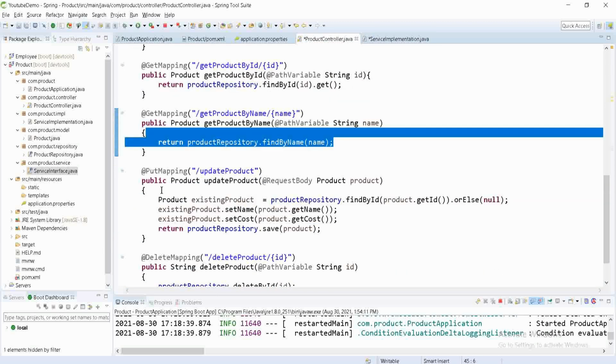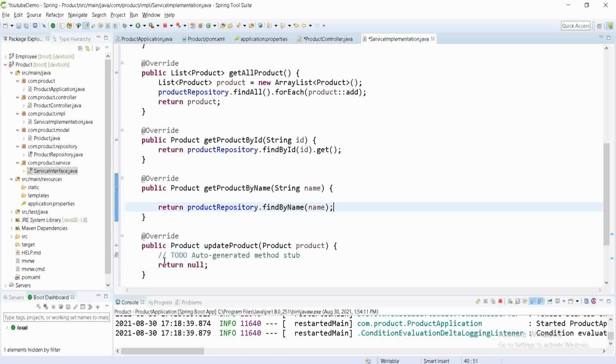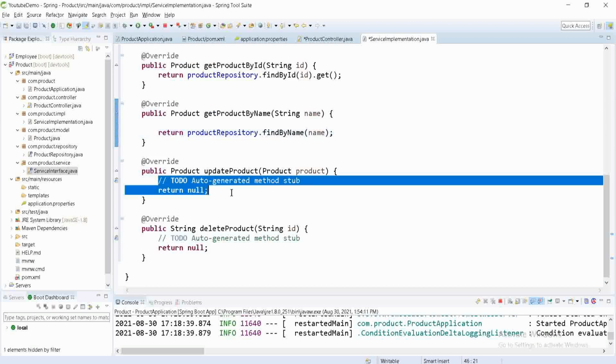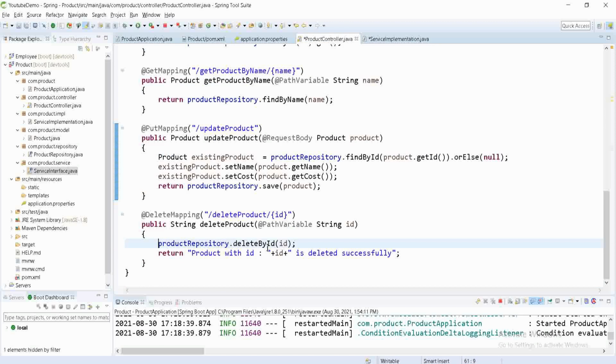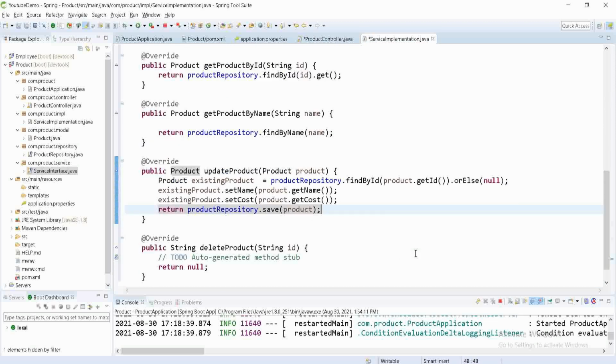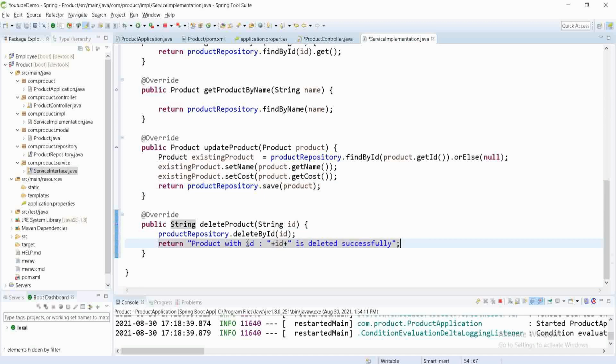We are not doing any complex thing, we are just copying our business logic into the service layer. So here all the business logic we have copied into the service layer.